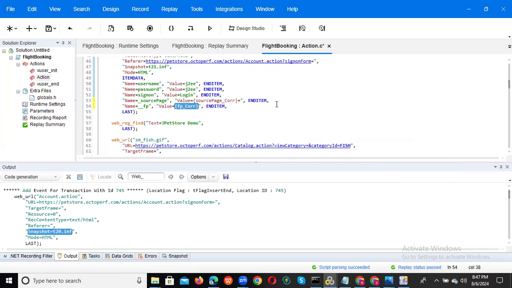Is it clear to everyone? So you guys can practice by yourselves also. The same script you can